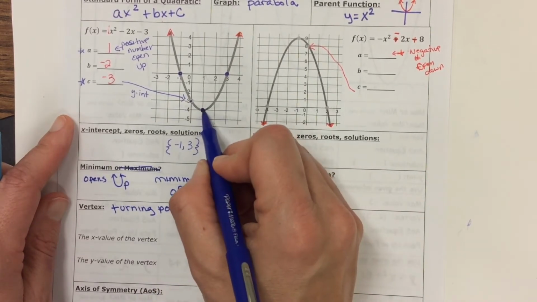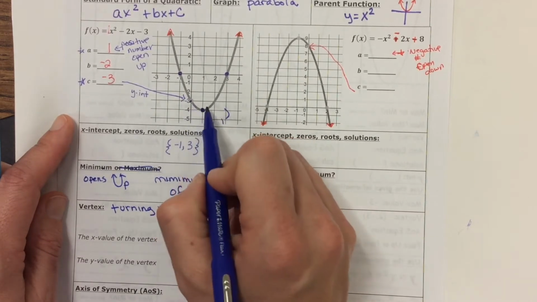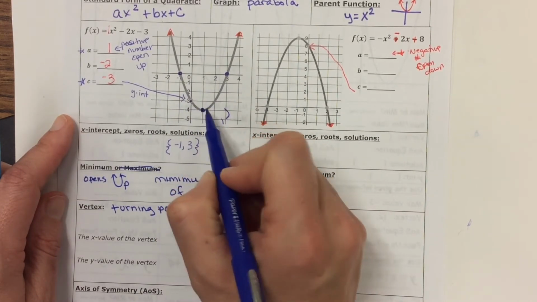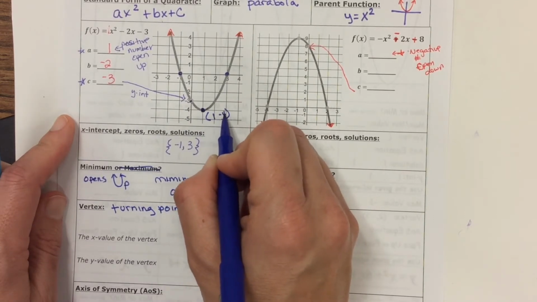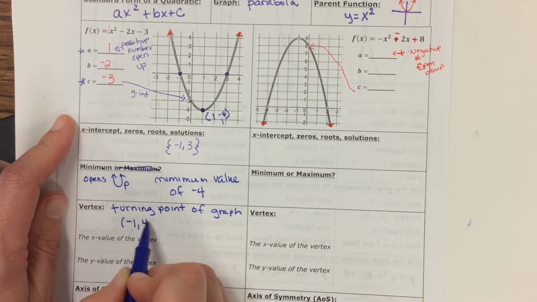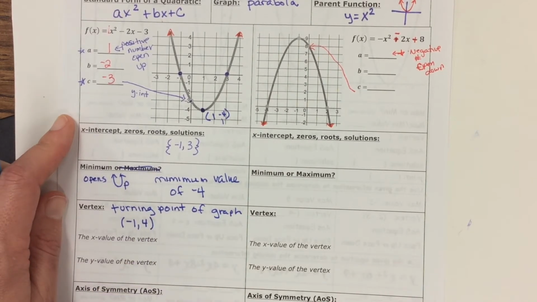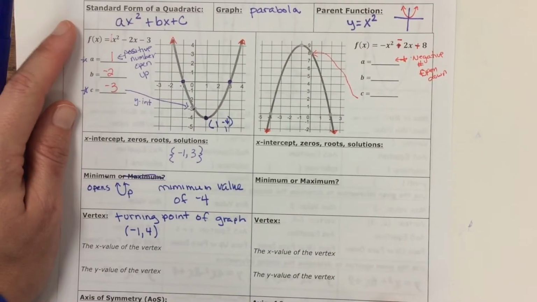And there's actually a dot there that we could give an xy coordinate to. So the x value is 1 and the y value is -4. 1, -4. So the vertex is located specifically at 1, -4. Also,